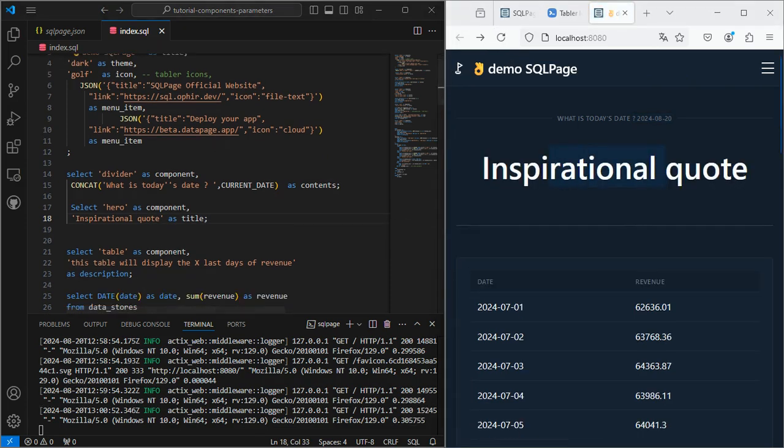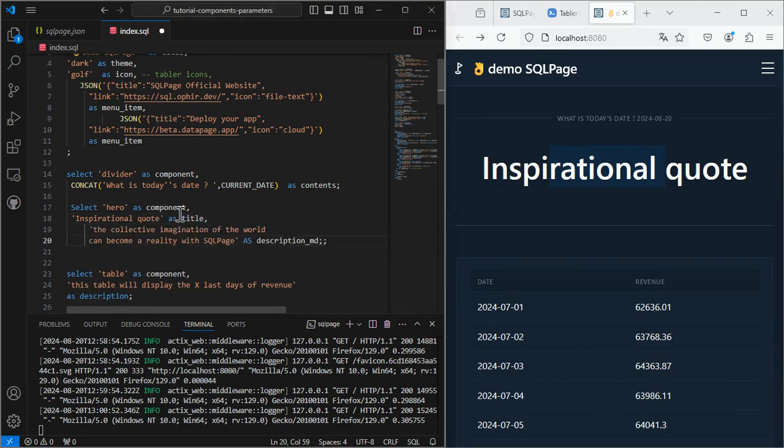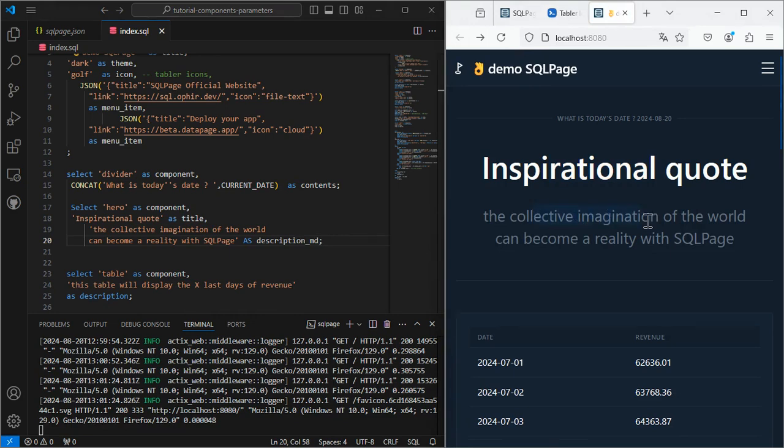Let's now add another top-level parameter, which will be the description of the hero component. For instance, please note that the description can be a markdown.